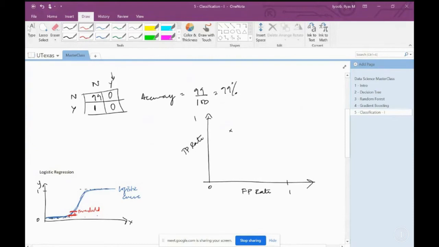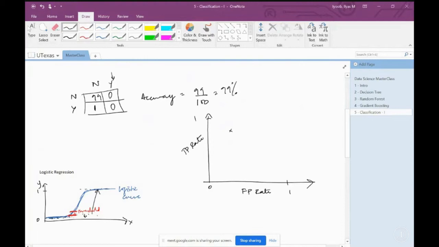Some of the points that might have been up here, although they may actually should have been 0, Y should have been 0 for them, got squished and pushed up here just because we brought this threshold down. Remember that threshold is the point where we're trying to push points to the bottom or to the top, right? So if we brought that down, then we would see that our